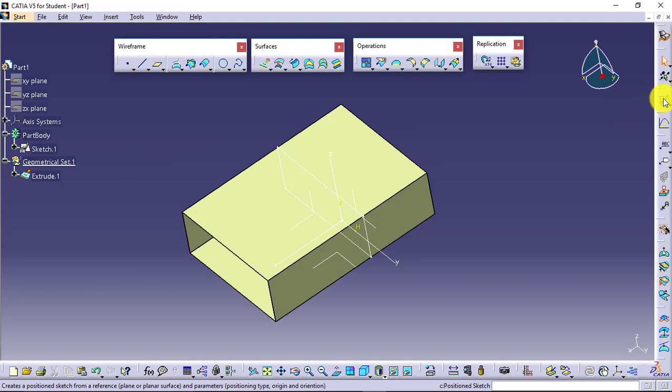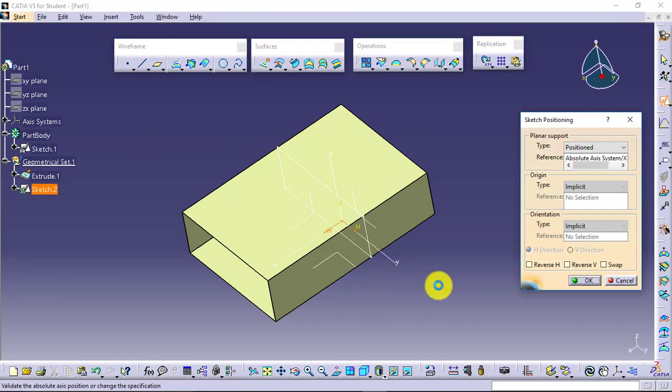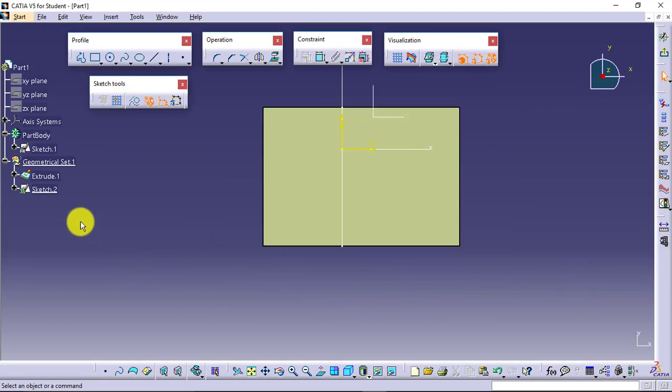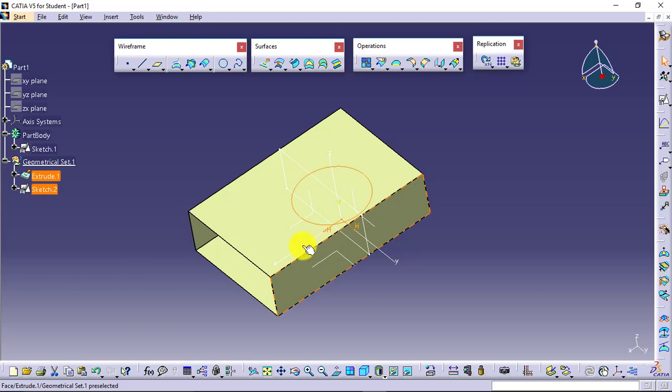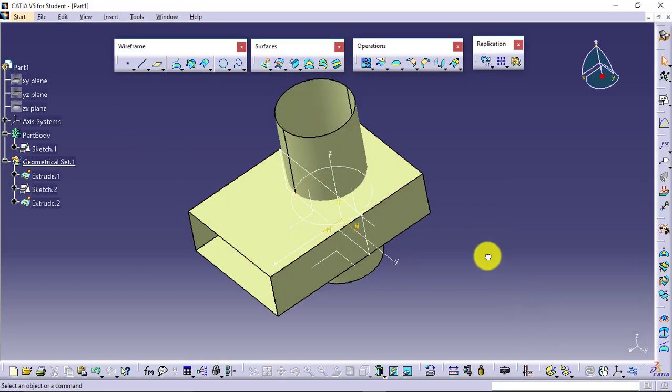I will create one more sketch, this time on any other plane. See, the sketch is going into geometrical set. Now I will be creating the sketch like this. Yes, we can make that sketch fully constrained, and I'll say OK. See, again the extrude 2 came into geometrical set.